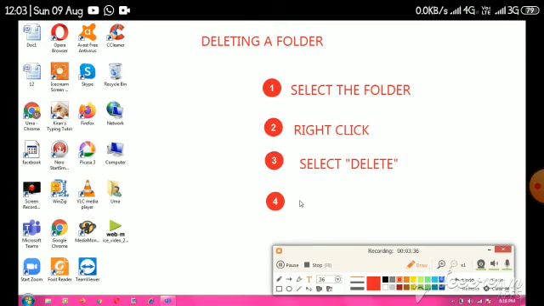Click Yes to delete the folder from the delete folder message box. Children, this is the procedure for deleting a folder.